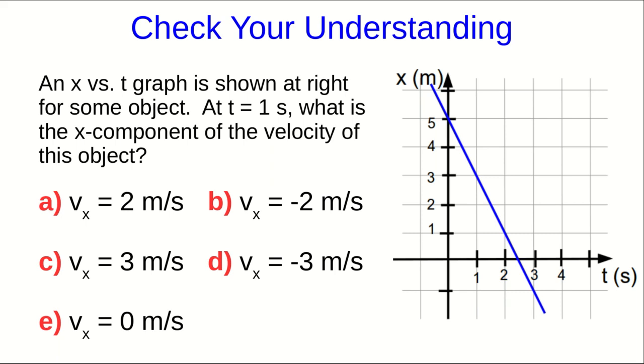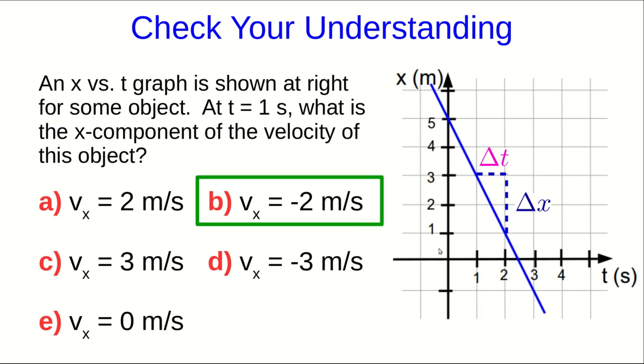Here is the question that I asked at the end of the previous part of this video lecture. And you need to realize here that although I've asked for the velocity at 1 second, because the velocity is clearly constant, because we have a straight line on the x versus t graph, the velocity at 1 second, or at any time, is the same as the average velocity. And so we can find the x component of the velocity just from a rise over run pulled off of the graph. So this rise over run gives me -2 meters divided by 1 second,